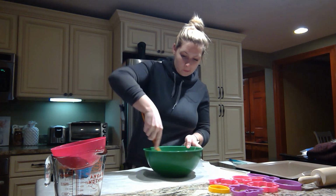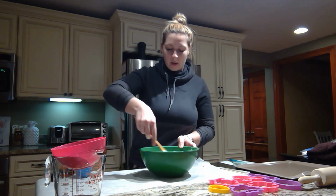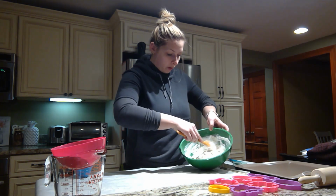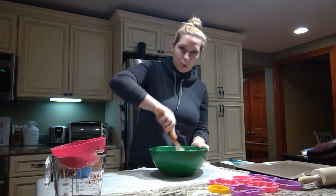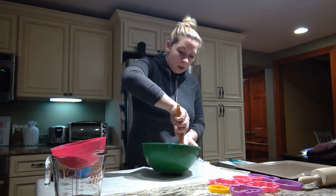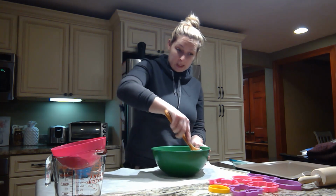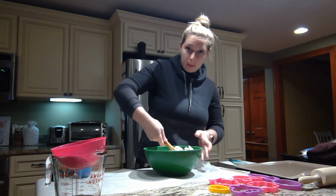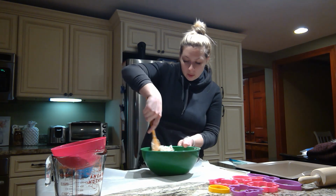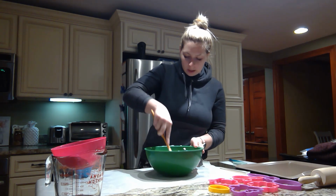It might take a little bit, but it'll become a little bit stiffer than Play-Doh. Normally I'll fold it in with my spatula, and then once it's not super floury, I will use my hands to make sure that everything is mixed well. I've done it in the past where I haven't mixed it enough and it's really stiff to work with, so you want to play with it a little bit longer than you think you need to,